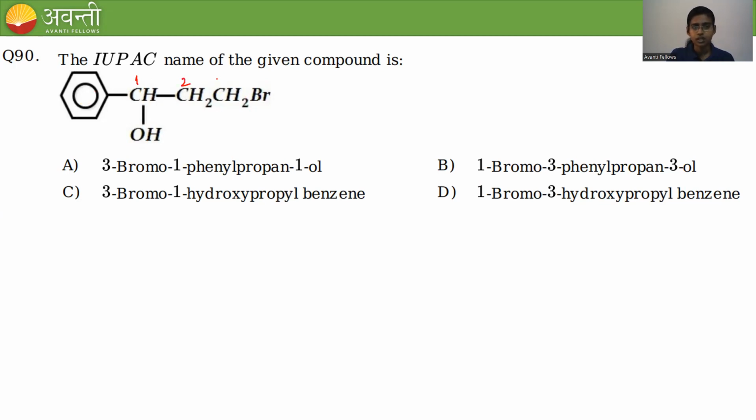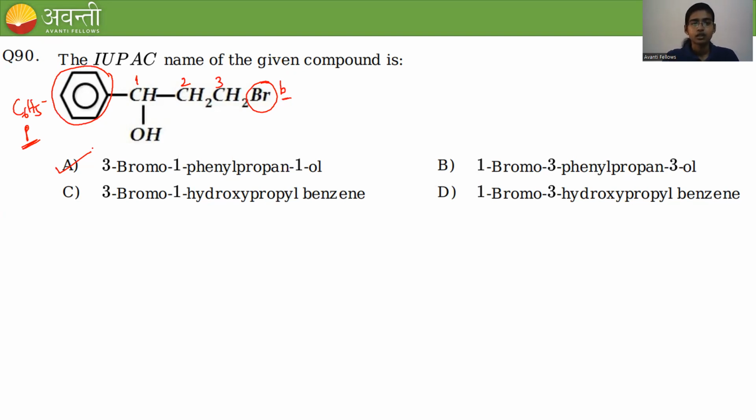So 1, 2, and 3. And the name of the substituent is bromo. So how to name this? Bromo, 1 phenyl. This group is phenyl, right? So it is C6H5, which is called phenyl. So 3 bromo, 1 phenyl, because according to the alphabet, B comes first and P comes next. Since 3 carbons are present in the parent chain, it is propane, and in the first position, alcohol is attached. So 1-ol, 3 bromo, 1 phenyl, propane-1-ol is the correct answer for this question. Okay,